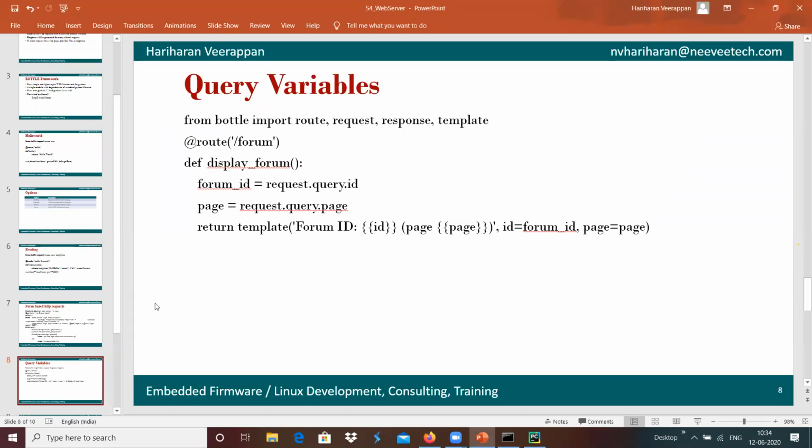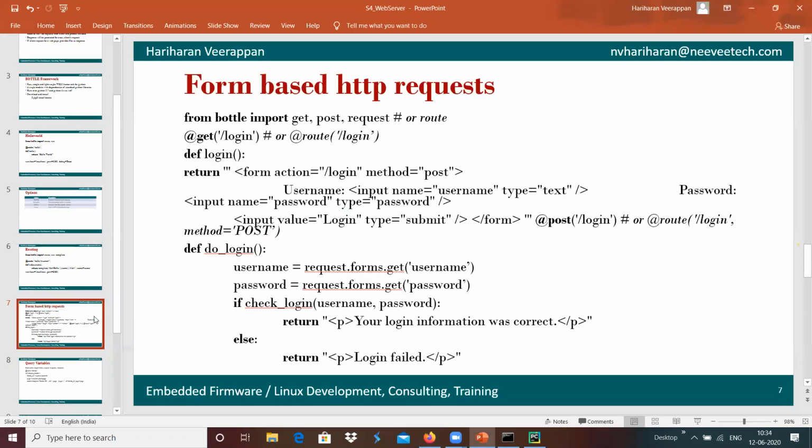In a similar way, for example, if we wanted to build a kind of login and password, how can we do that? We can do it with this kind of information.